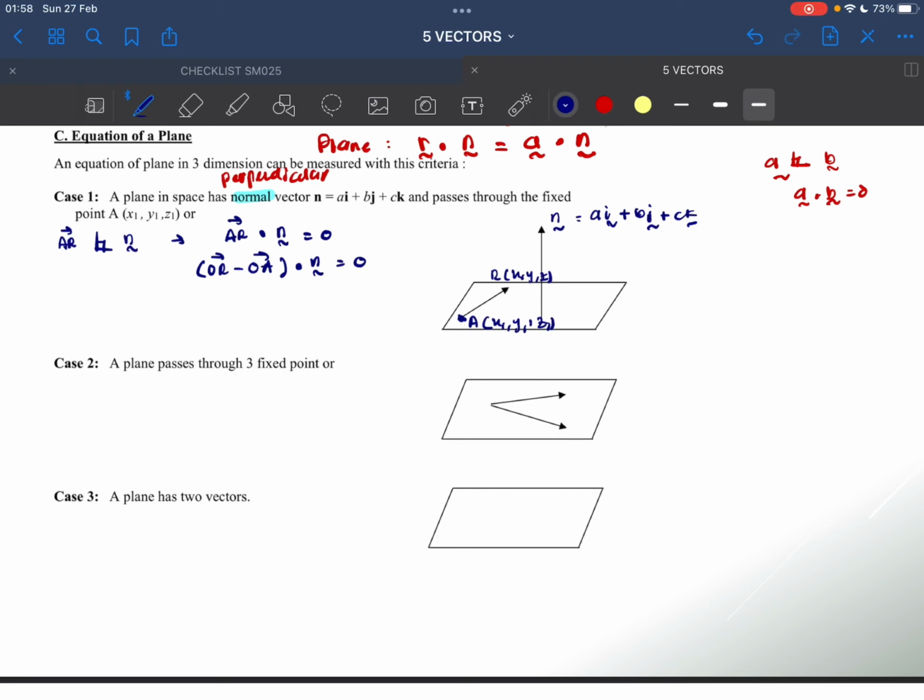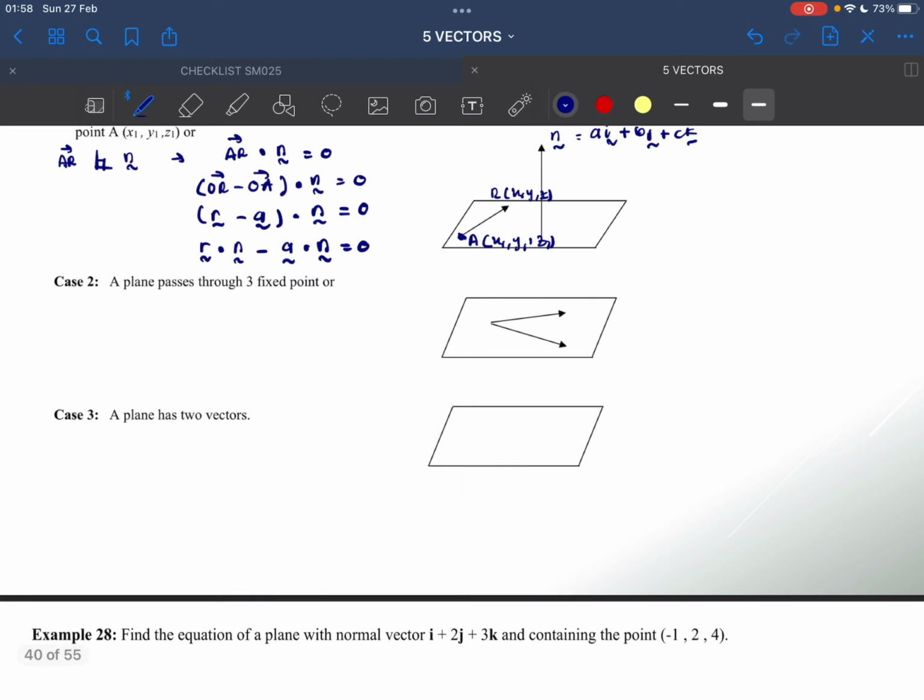OR, just label that as r. OA, let's label that as a, which is any point on the plane. Okay, so here we have dot n is equals to 0. And if we rearrange this, you should get r dot n minus a dot n equals to 0. And that's why we have r dot n is equals to a dot n